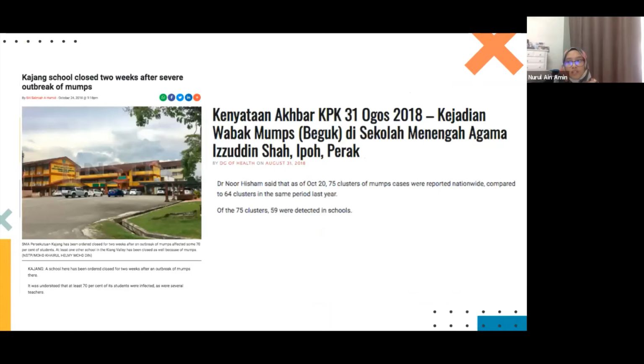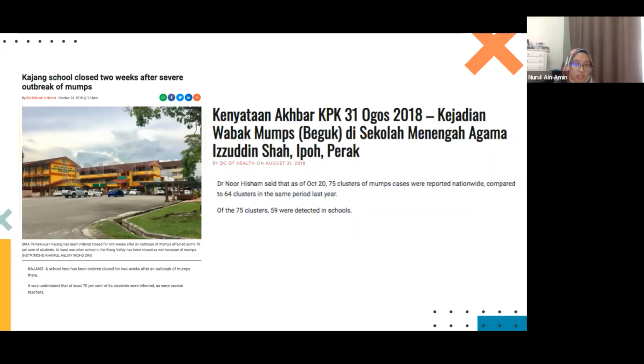Even in Malaysia, in August 2018, we had mumps happening first in Ipoh, Perak, and 75 clusters of mumps were reported nationwide, 59 of which were actually detected in schools. And that's how we had the Kajang school closed due to a severe outbreak of mumps, where 70% of the students were